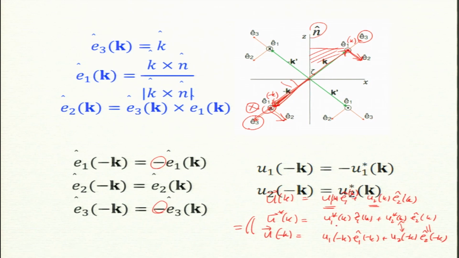What about u1 of this relation? There is a minus sign because these are connected by a minus sign. So this is this relation. In fact, this is what I spent 1 week to figure out in my calculation. So there is a minus sign. So u1 of minus k is minus u1 star k. Okay. So these are very useful when I am calculating things, when I am calculating some equations on helicity or some field theory. Okay.